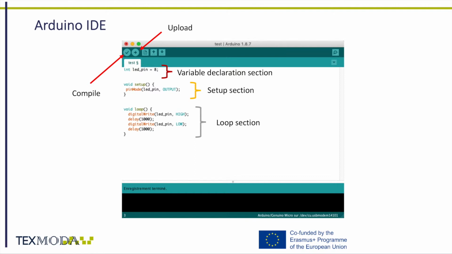the parameters of the control board. The last section is called the loop section, which is where the function of the microcontroller is written. Any actions that require reading or writing values from pins or computing the values of different variables are done here, and this section will loop consecutively.